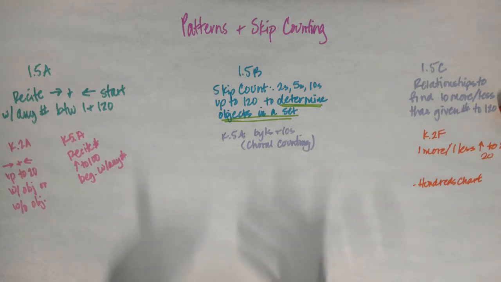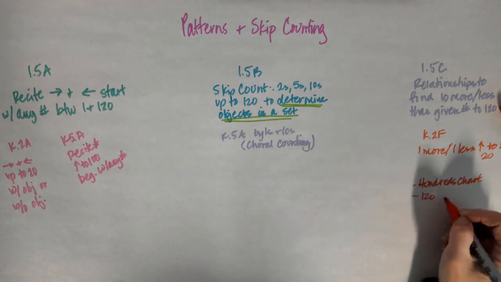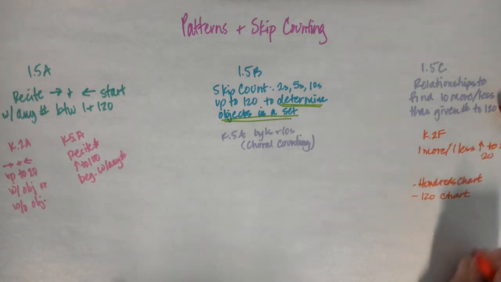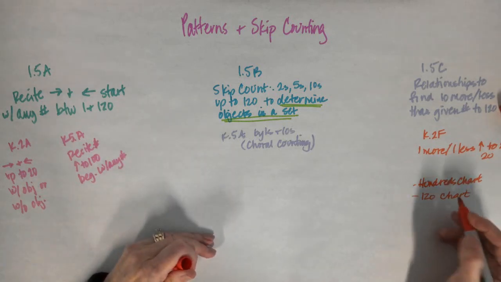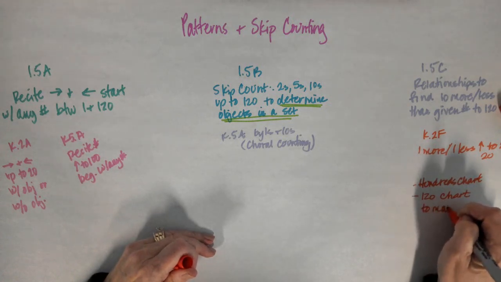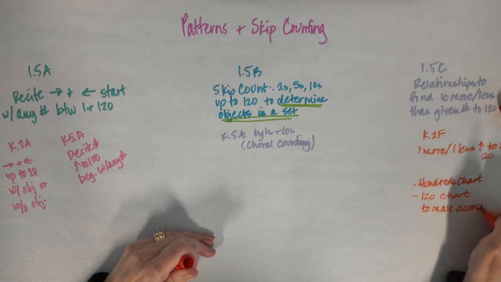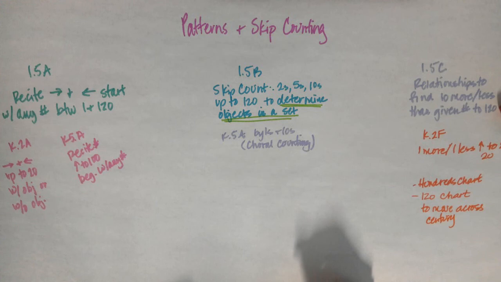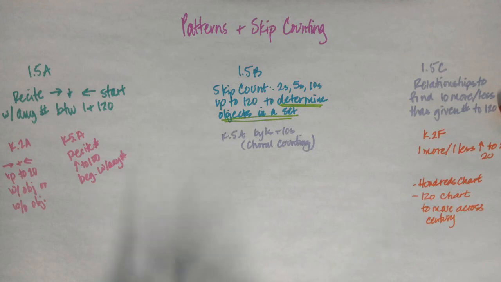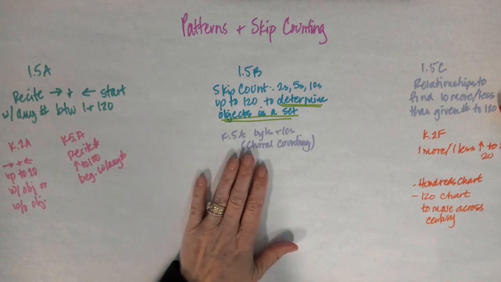So we need to have those supports, like maybe you consider instead of just a hundreds chart, maybe we need a 120 chart to support that movement across the century. That's a tough skill for kids as they're learning this. So having that support to move across the century would help them with that understanding. So we can use decks of cards, we can use dice that we can roll. There's all sorts of tools that you have in your classroom that will make these 3 standards for this unit